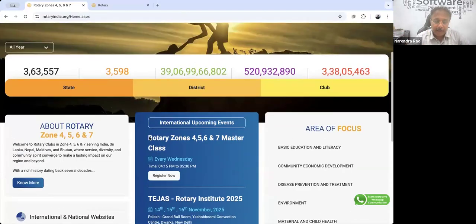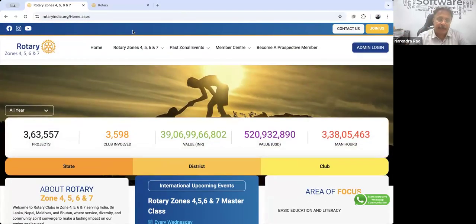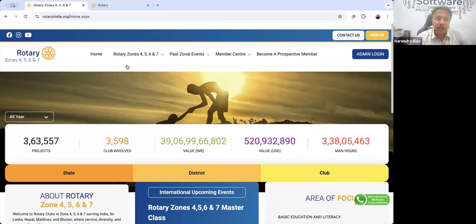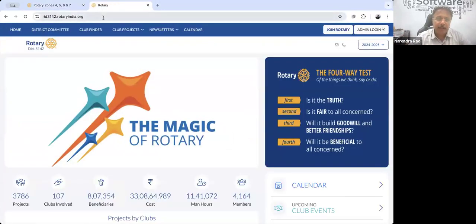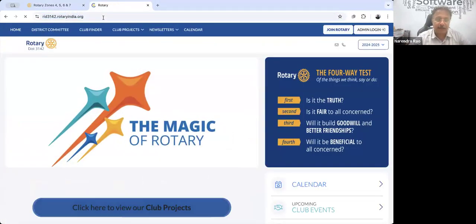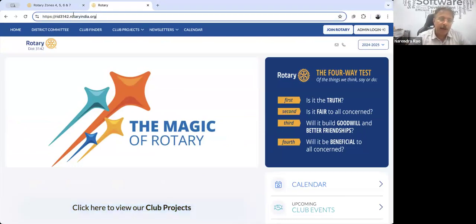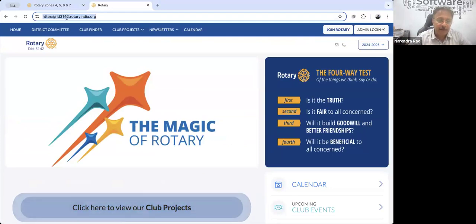Now there may be governors here, governor elects here, governor nominees here. Friends, the way the information comes into the platform where the entire country can see it, you can also see a specific district website. So how do I do that? Can you see this number on the top? It is RID and the district number.